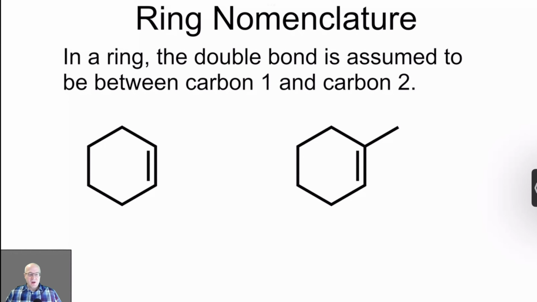Ring nomenclature. Now, rings are not hard either. Let's just do it. The rule is this. It's very simple, that the double bond always gets the number 1 and 2. The double bond always starts the numbering. So for this example here, we have a double bond here, but we don't have any substituents. So we don't have to say 1-hexene. If we just say cyclohexene,